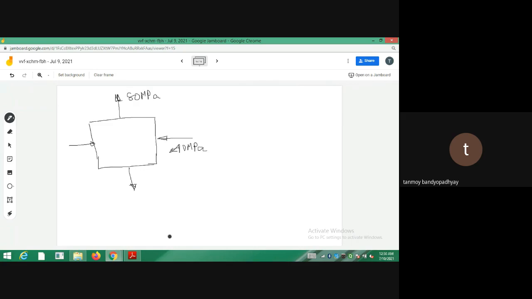So you are given two values. So just you have to remember that sigma x will be negative actually. So this one you have to take it as sigma x will be equal to minus 40 MPa. So this is minus 40 MPa and sigma y is equal to 80 MPa. So in order to construct the Mohr circle, initially you have to go for analytical method. Analytical method mane you write down the formula, you calculate everything.